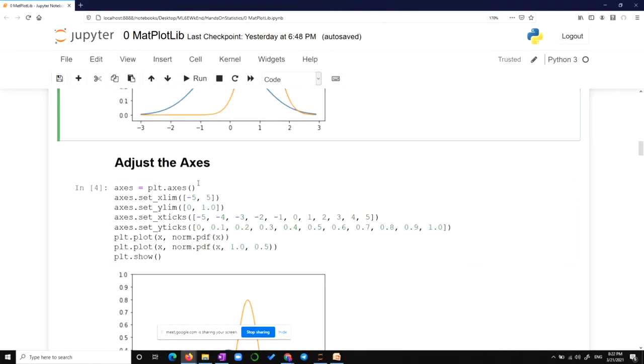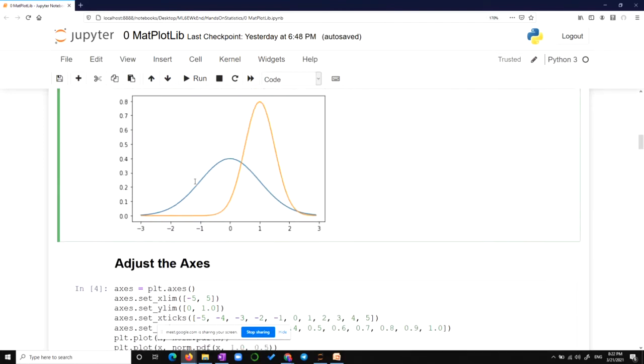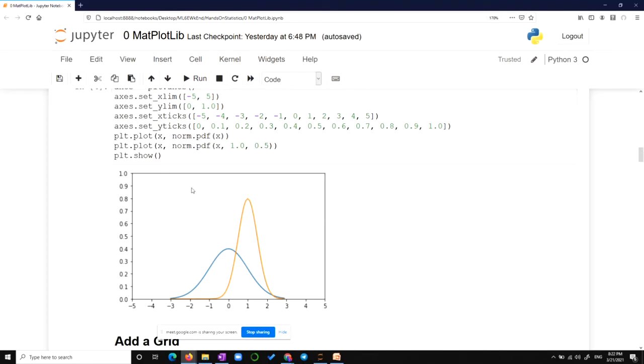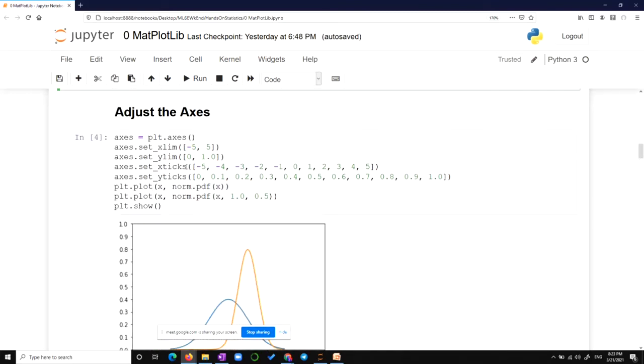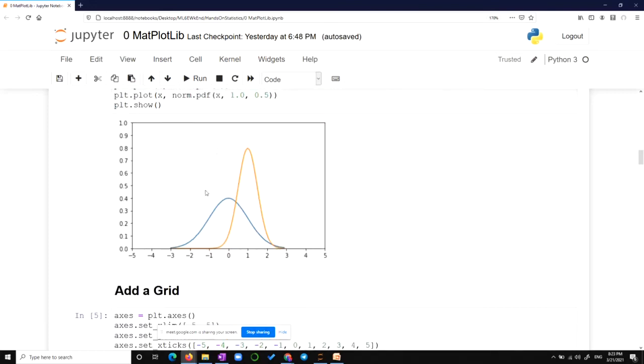So how do you adjust the axis? Sometimes, after putting the whole thing out here, you want to extend those axes, the ticks, the values on which you are going to measure.